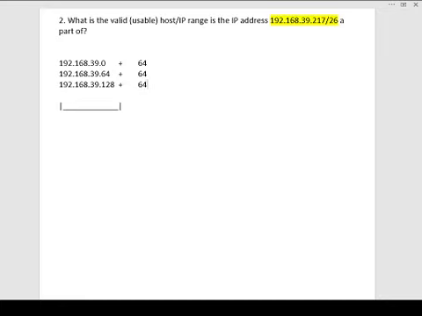And of course, 64 plus 128 happens to be 192. The 217 doesn't fall in there again. So let's add another 64, and here comes our good old 256 problem again. We know we can't use 256, and the network ID has to be even, so it's got to roll over